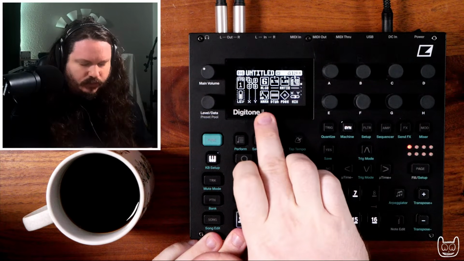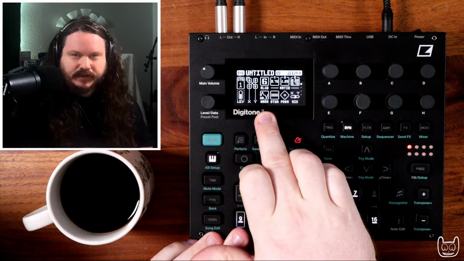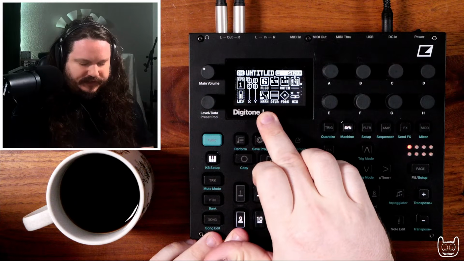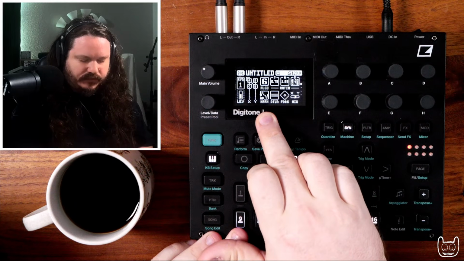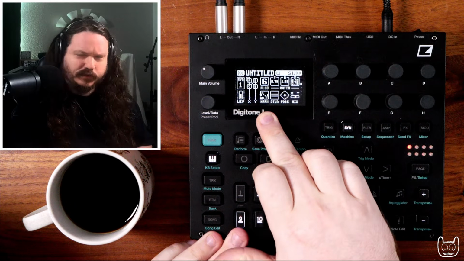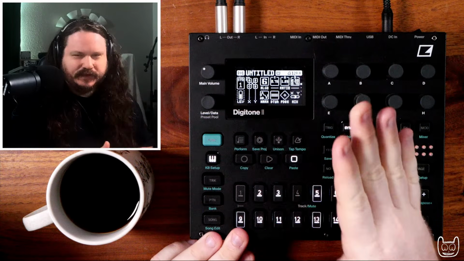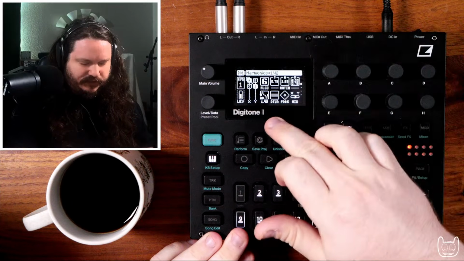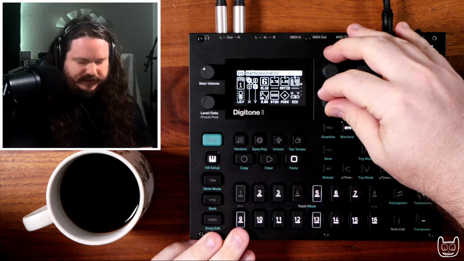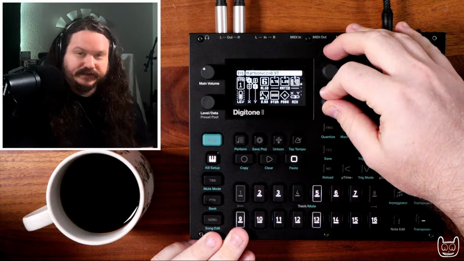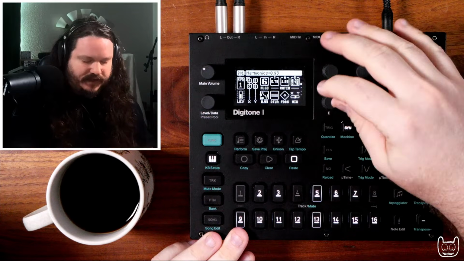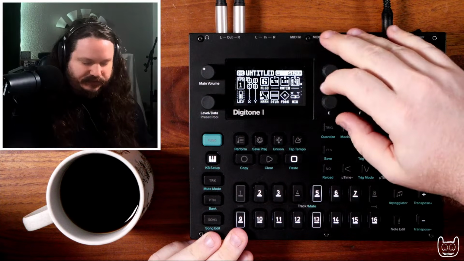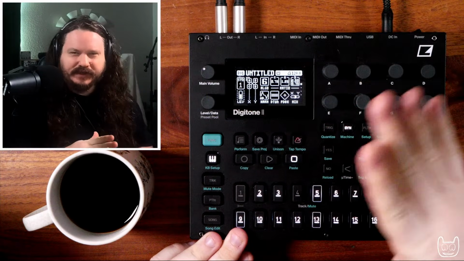With our harmonics, we're shifting through these different wave shapes, right? And they have different vibes to them. This one right here is kind of like a mangled sawtooth wave, going from a sine wave to a sort of mangled sawtooth wave. So these first 0 to 1.42, something like that, can be so nice, especially when you got a little bit of feedback dialed in. If we take it too far, it starts to resemble something a little different. But as you could hear, as I pushed it further,